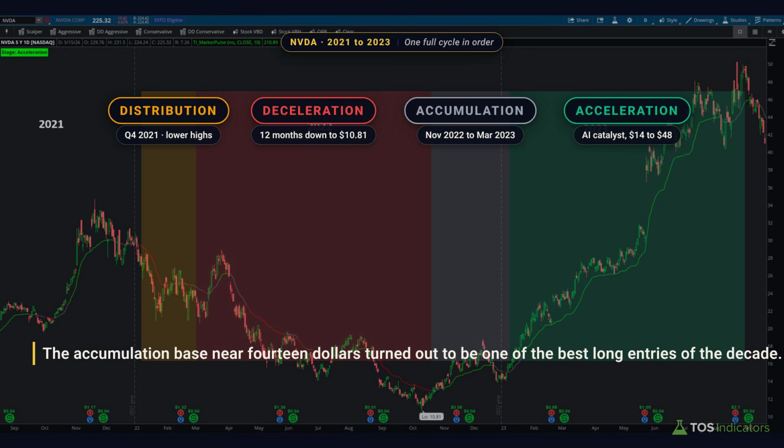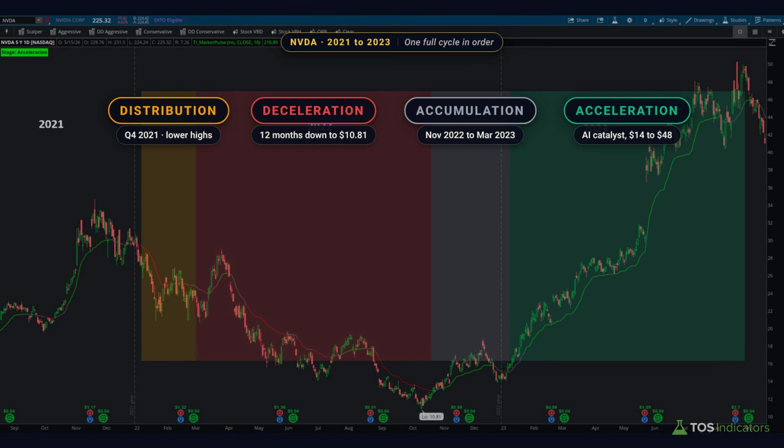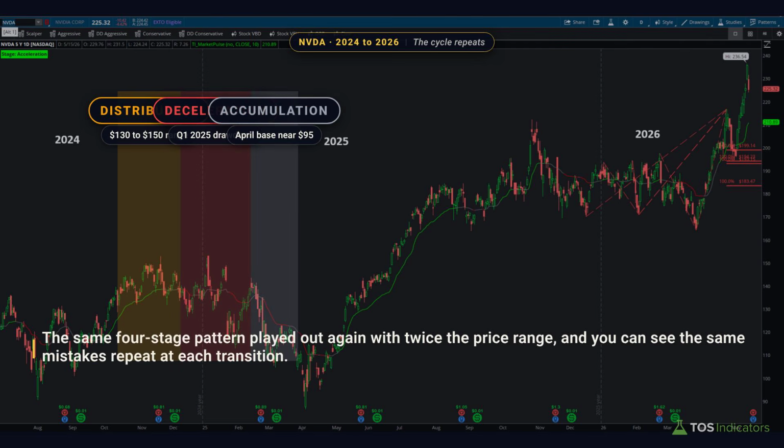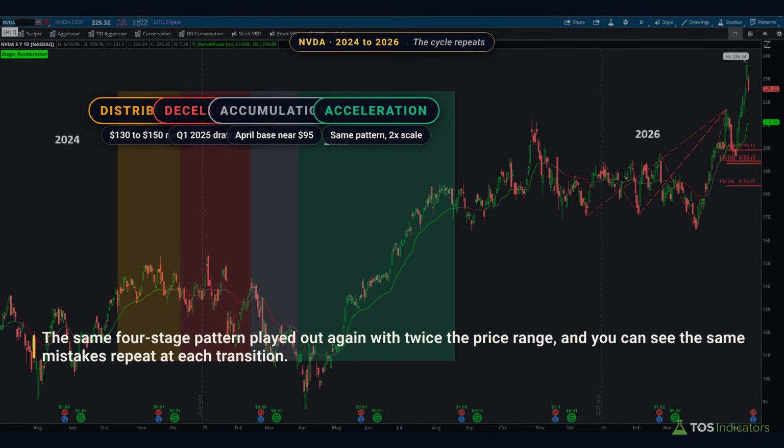Now that's one full cycle, if you know. We went from deceleration to distribution to accumulation to now acceleration. 4 stages, and this time in the reverse order, we went from bearish to bullish, and you'll see just how that happened in a period of about 2 years. Now what's striking is that the cycle didn't really end there. From the 2024 lows, NVIDIA repeated this entire structure, but this time at a much larger scale. It ran from 100 to 150, then it distributed through the second half of 2024. It decelerated into the spring of 2025, bottoming near $95 in April, accumulated, and then it accelerated once more to over $200.